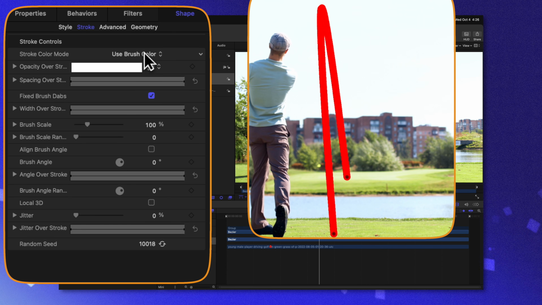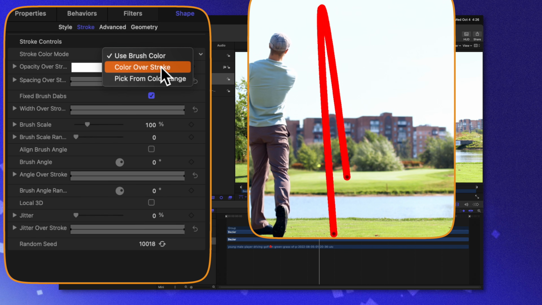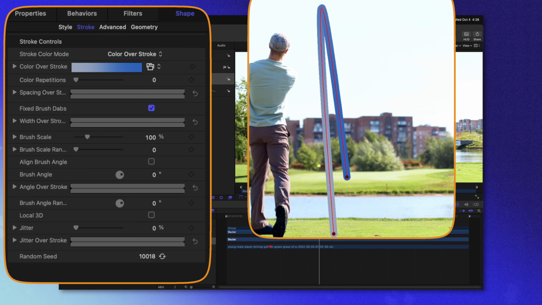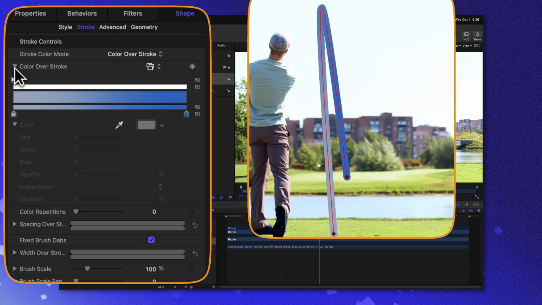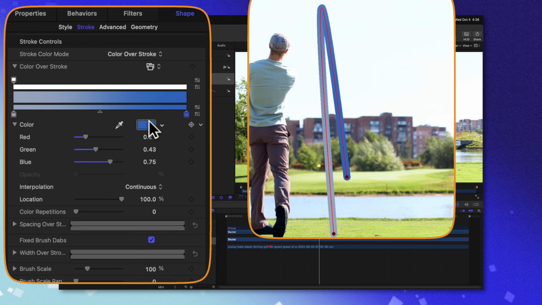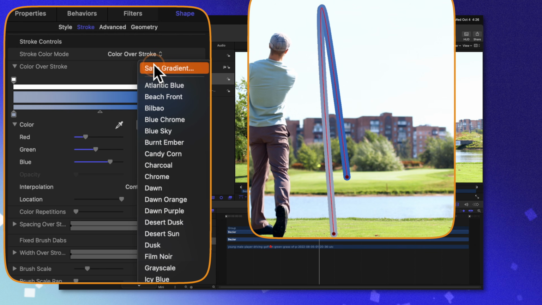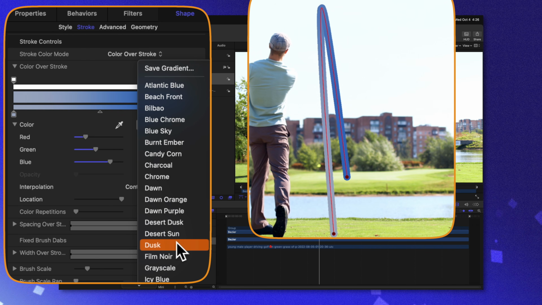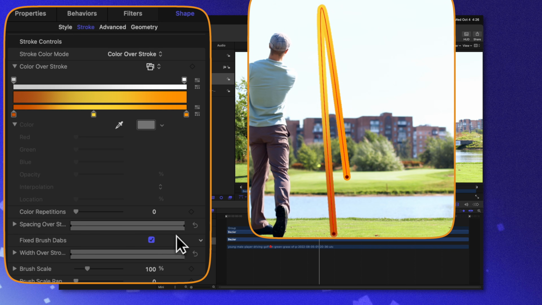Currently, it's set to use brush color, but let's change that over to color over stroke. And now you'll notice that we have this nice gradient line happening over the duration of our stroke. We could even go in and click on this down arrow to change up how this gradient looks, so you could get your own custom colors by changing each of these, or we could use one of the preset options. So I'll go ahead and just select Desert Sun, and now you'll see that we have this beautiful gradient happening